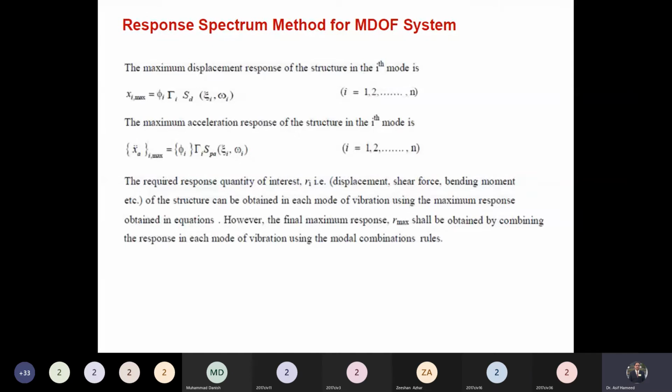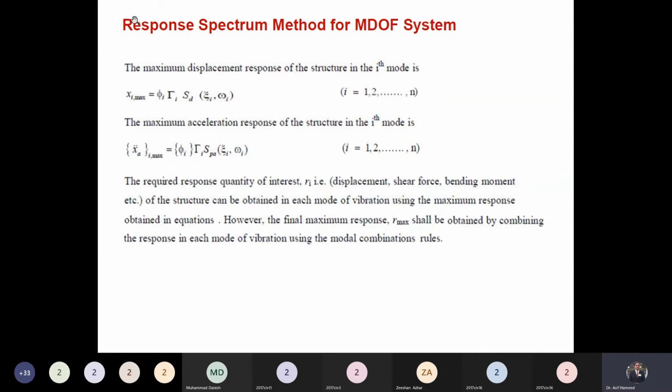नहीं, अगर आपने डिस्प्लेसमेंट फाइंड आउट करनी है, मैक्सिमम टाइम पीरियड निकालेंगे तो क्या करते थे पहले आप? टाइम पीरियड और डिग्री के लिए टाइम पीरियड निकाल देते हैं। टाइम पीरियड कैलकुलेट करते थे, डैम्पिंग रेशियो कैलकुलेट करते थे। Yes, sir. Once we have the time period and a damping ratio, then you can see the maximum displacement response of the system from the response spectrum. यही किया था ना?